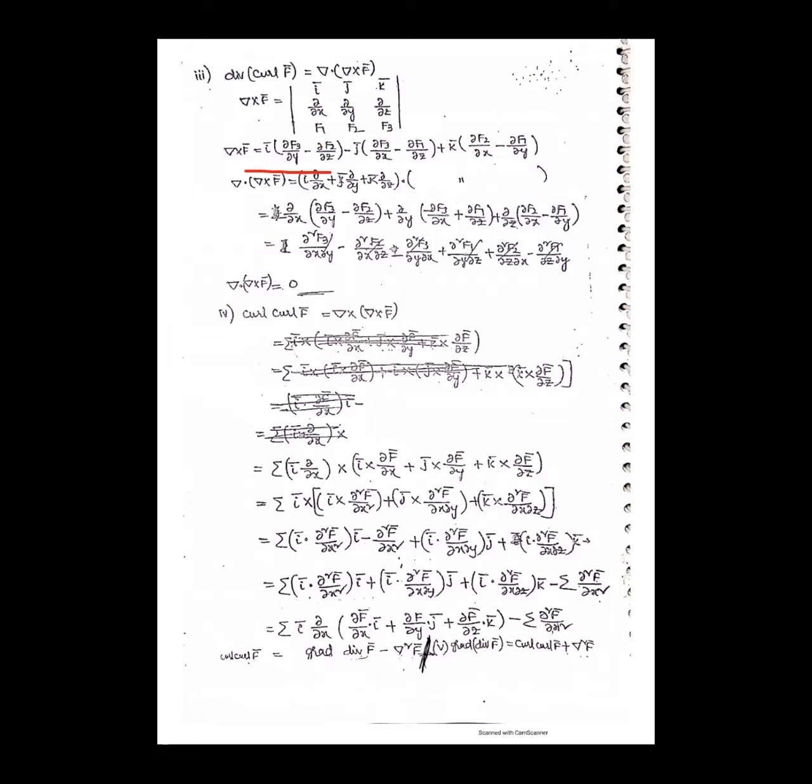Next, after alternating signs, the first coefficient is positive and the second coefficient is negative. Here, eliminating the second column under the first row, the remaining terms give minus j into del by del x into f3 minus del by del z into f1. After that, alternating signs, plus the vector k. Now k bar, eliminating the third column and first row, equals del by del x into f2 minus del by del y into f1. This is the curl F bar.